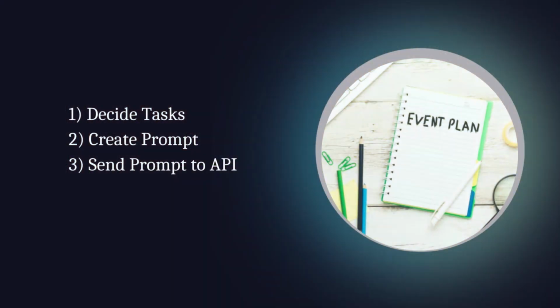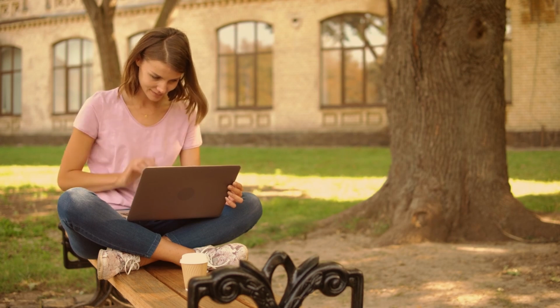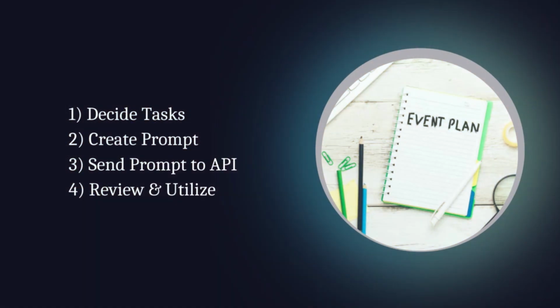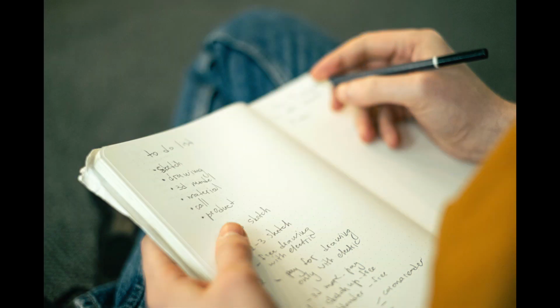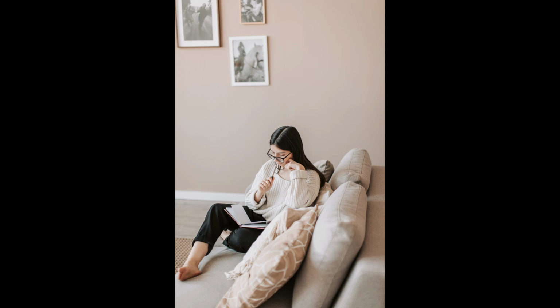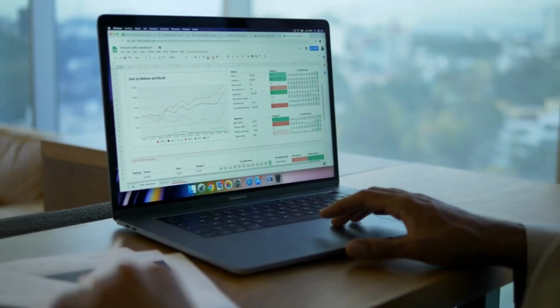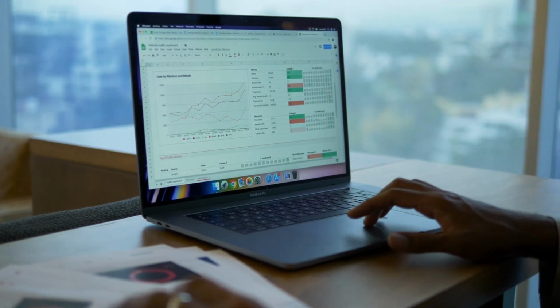The third step is pass the prompt to the API and retrieve the generated information. The fourth step is review and utilize the generated information to assist in your event planning process. If you don't want to use software or API, you can simply ask ChatGPT questions like potential venue locations, food and decor options, and that will help you in planning multiple events and providing services to a lot of customers